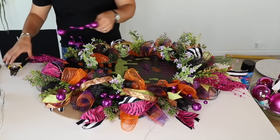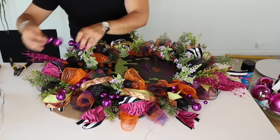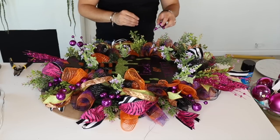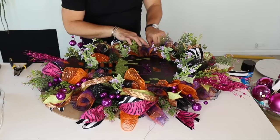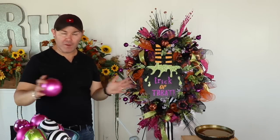And I have one left that I'm gonna also cut in 2, and I'm gonna go over to this side, and then I'm gonna go over to this side, and now I'm gonna glue all of this together. All right, everyone, so for the last step, which is going to be to add our ornaments, we're gonna do